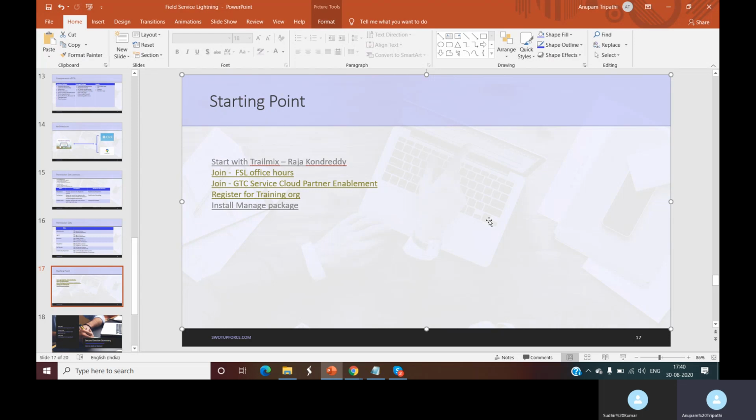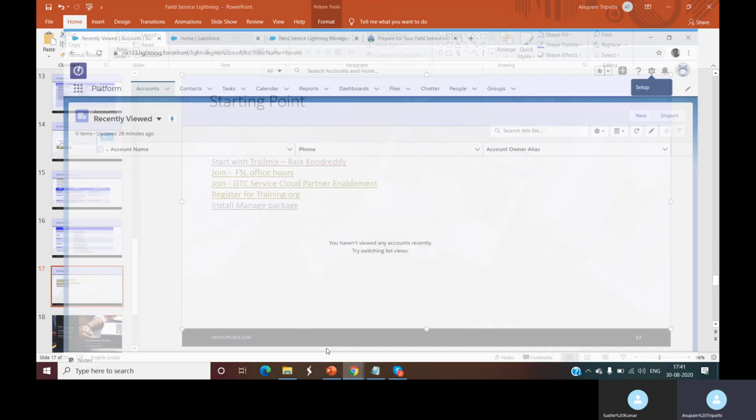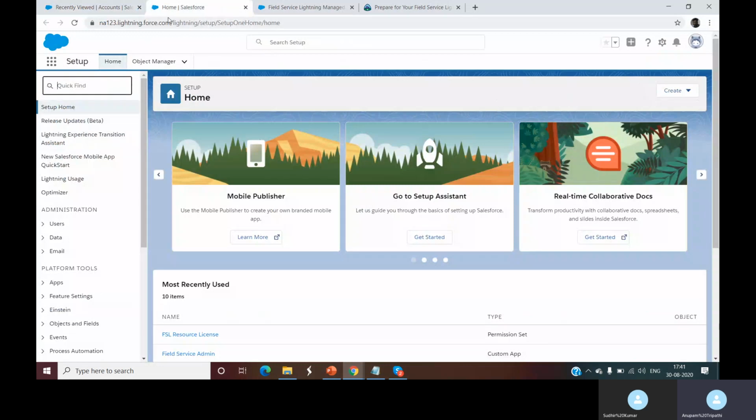start building or start implementing field service lightning, because you simply cannot jump straight away and start implementing your requirement. There are some prerequisites where you need to set up some page layouts, assign some permission sets, create some users, and set up some sharing rules. That is required, and we'll do all those things straight away in the org instead of... I think it's opened up.